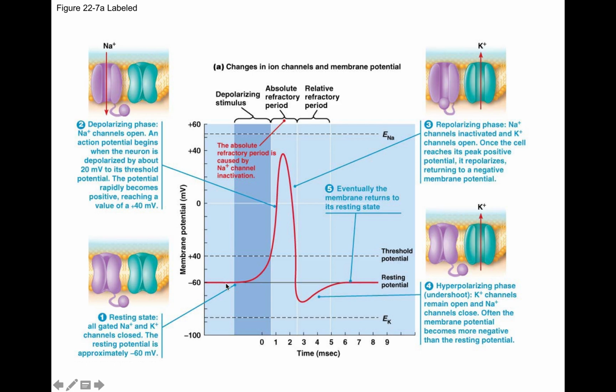And then something will occur that causes a sodium channel to open. What is that? It could be that another action potential has arrived on this cell. It could be a mechanical stimulus. It could be a hormone. It could be a change in gene expression. It could be a chemical neurotransmitter that is causing these sodium channels to open. Some sort of stimulus causes a sodium channel to be open.